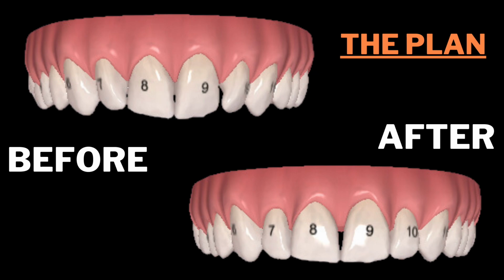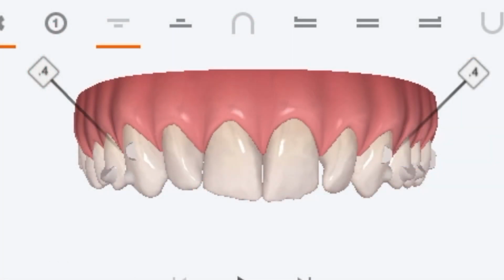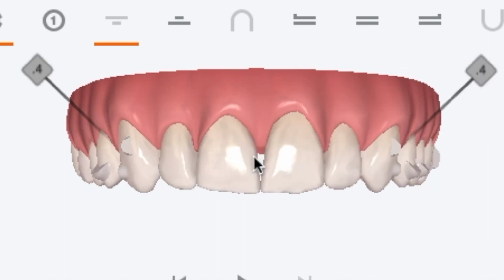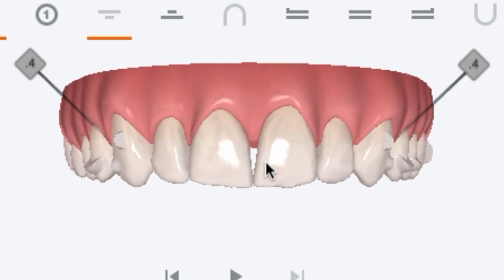Okay, now from the top front view, you can see how the crowding in the back has forced the front teeth to be a little bit twisted. The number 2 teeth are twisting forward. The very front teeth are twisting and pushing back. Like the lower teeth, the crowding in the upper teeth is caused by having a narrow palate. And you can see how as the palate is widened, there's room for the front 4 teeth to straighten out